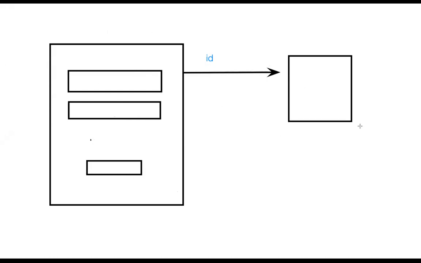When we click on login, we have to wait for the API call. When the API call gives us the ID, which is our user's ID, we have to create a local storage.